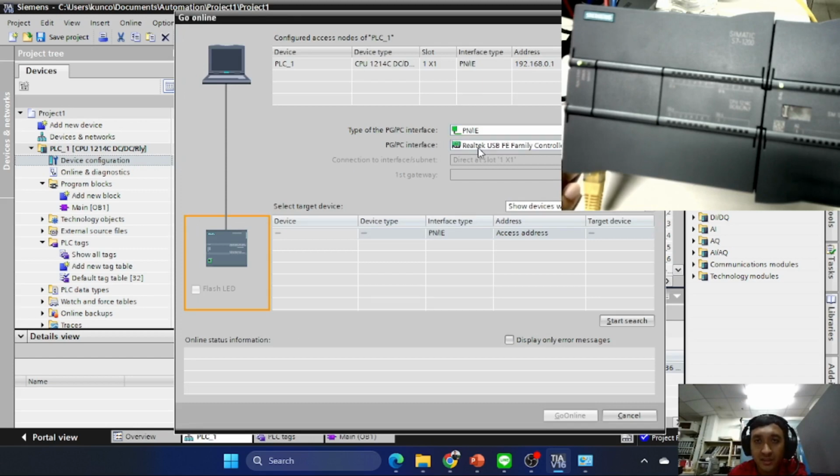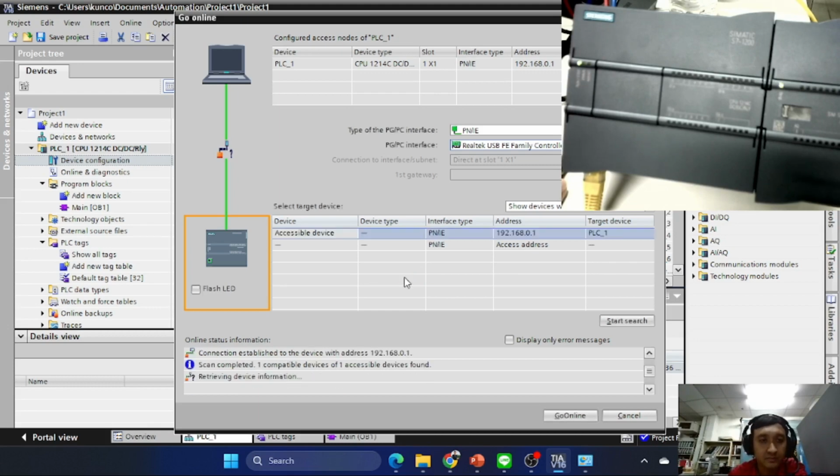We can find Realtek and then start search. Okay, the computer has found our PLC with the address 192.168.0.1.